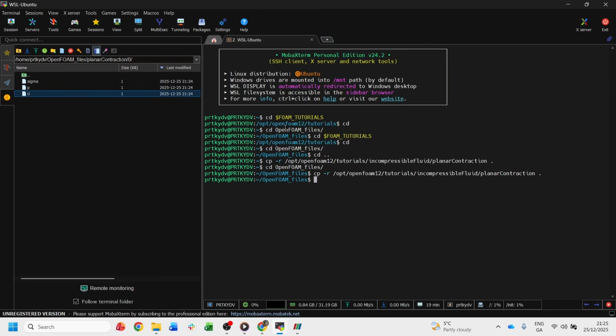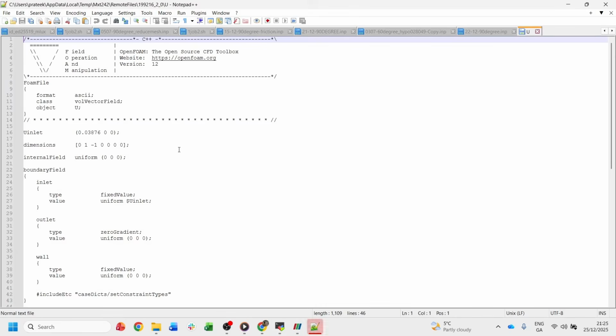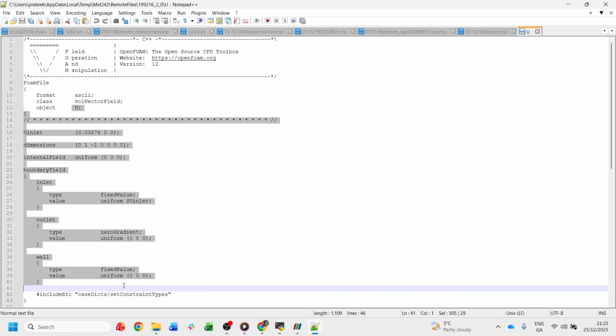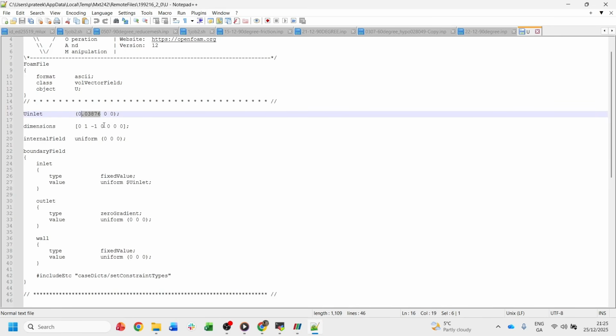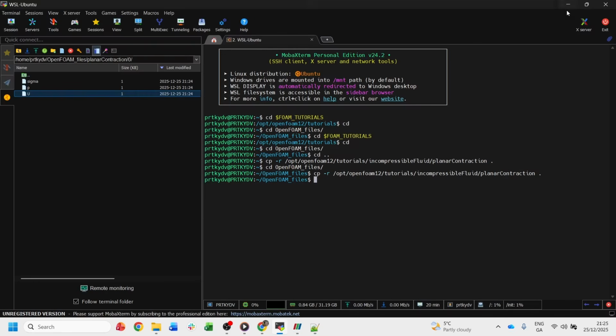So you see, this contains the velocity conditions. Here at U inlet, we are giving it 0.03876. It will depend on which coordinates you want your flow in. So what we will do is go back to our folder and import our mesh file